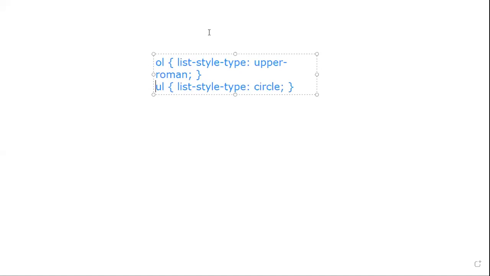So most of these shapes and designs are available in CSS. And in the case of the unordered list, we can have list-style-type circle or list-style-type square. These things can also be done. So after this CSS list style, which is present here,